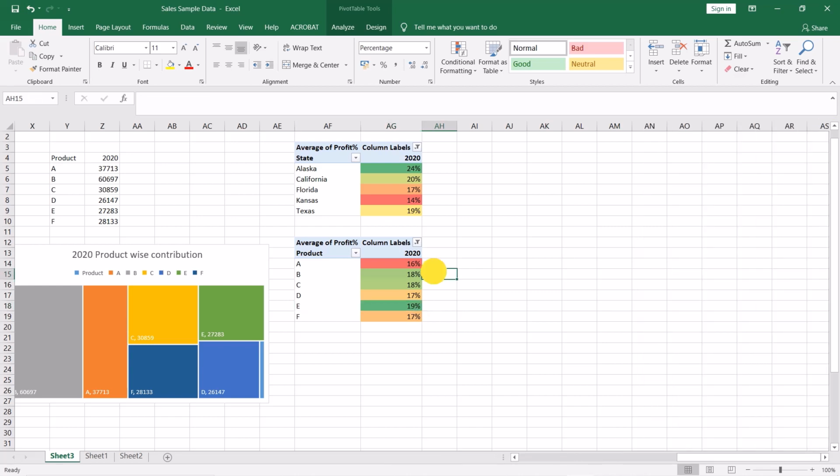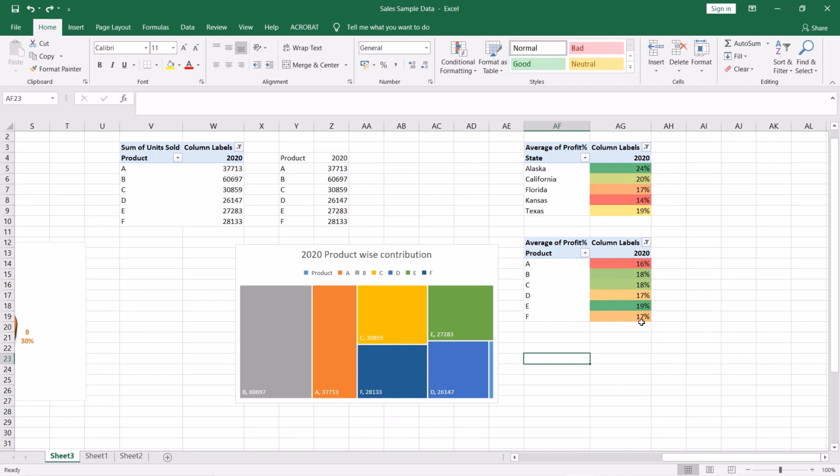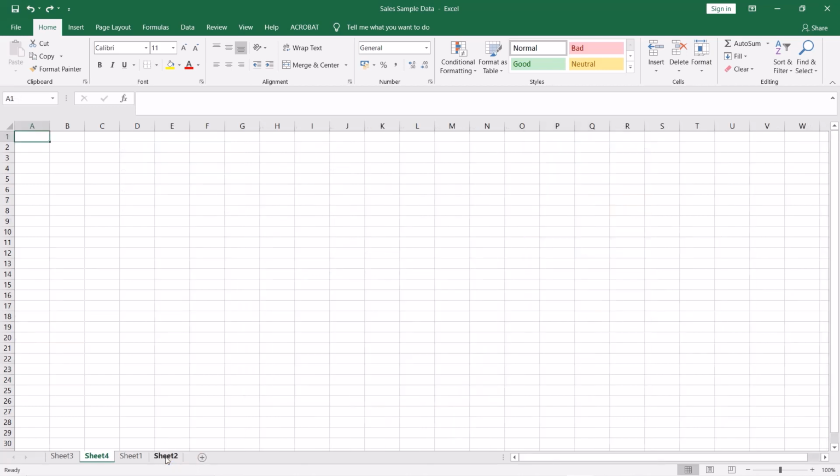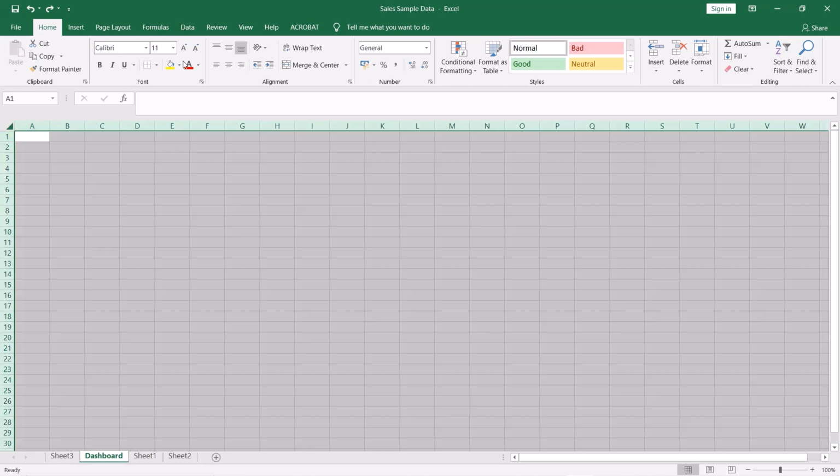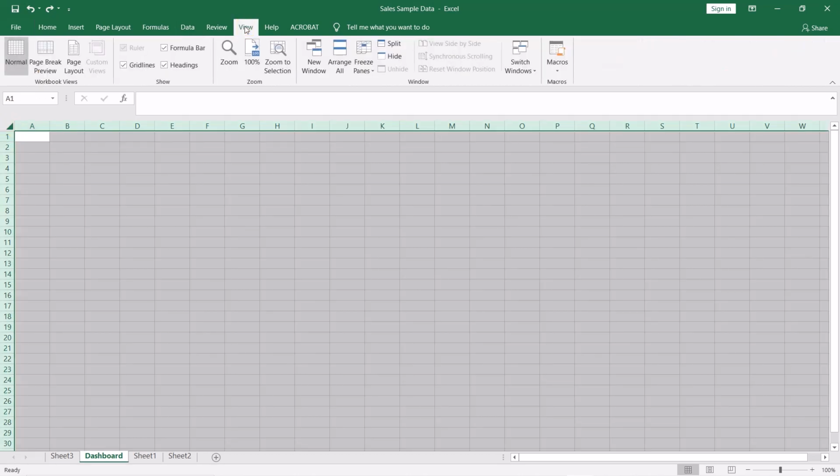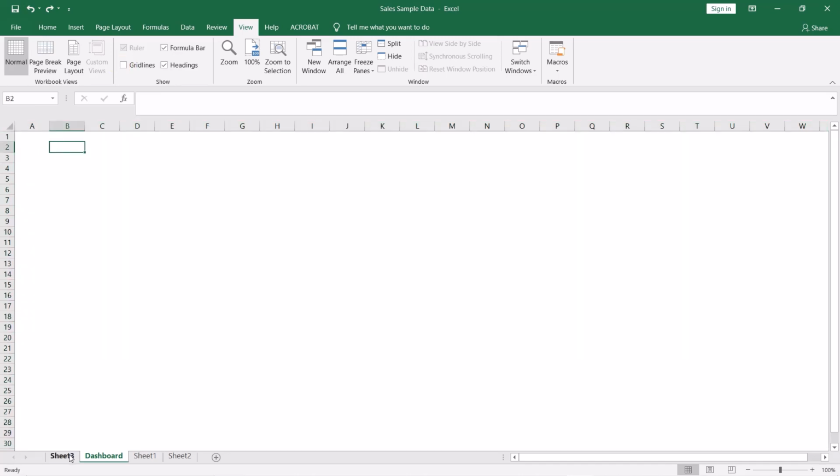So it is very useful when we want to check the conditional formatting on multiple data, and we can clearly identify the highest and lowest value based on color coding. Now we can prepare the sales dashboard based on these charts. You can remove the grid lines from here.